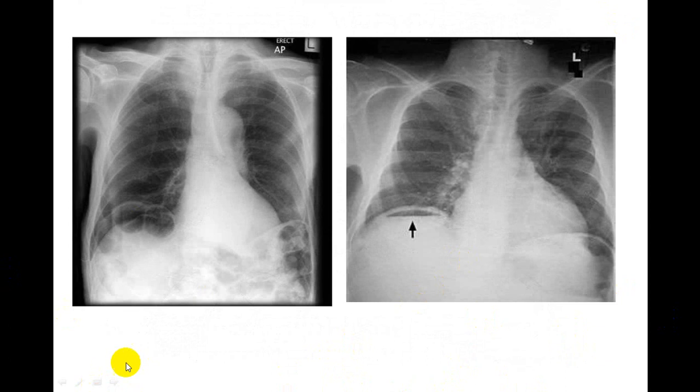So sometimes you get some shadows which can also interfere with your interpretation of an X-ray chest. Say like here. Now you can see there is some shadow here. Here also you can see some shadows. Now these are because of the lobes. We call this Chilaiditi sign. This is Chilaiditi sign. And here there is a black shadow below the diaphragm, and this is because of pneumoperitoneum. So you should be able to differentiate this.